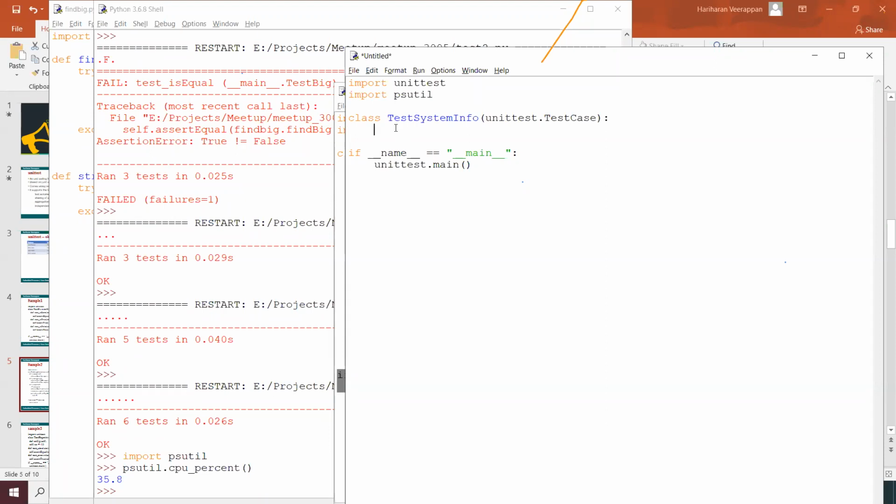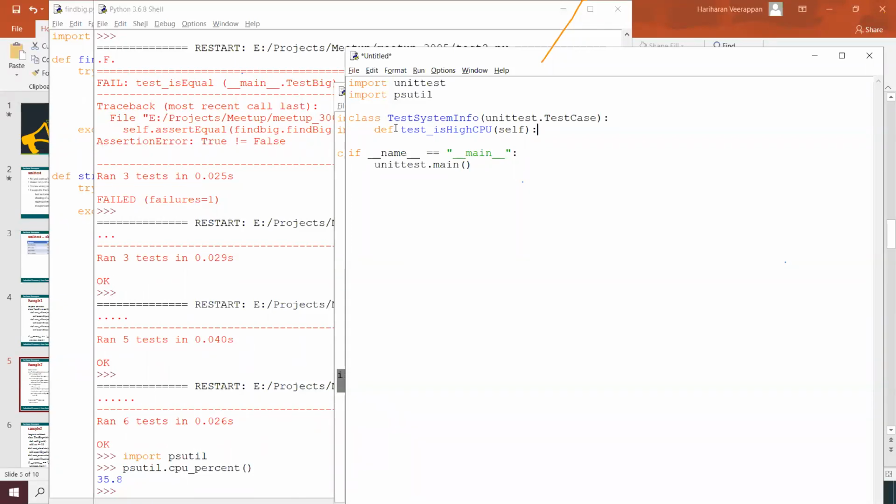Here we are going to do a test, is high CPU, where we check whether the current CPU usage is higher or not.